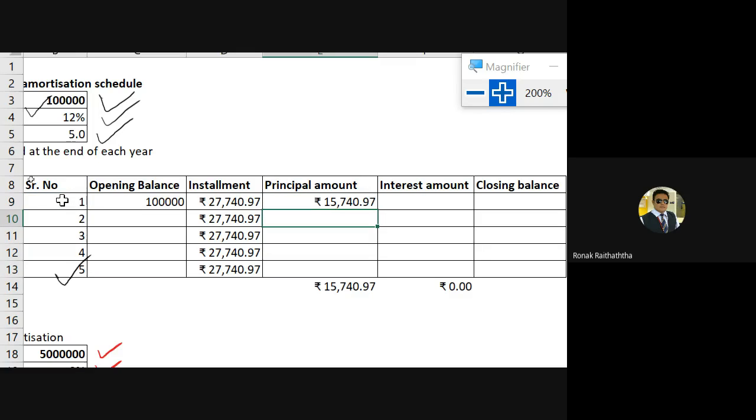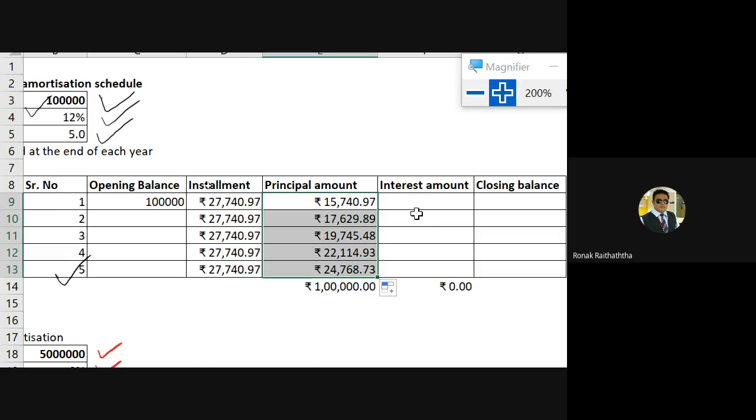And if I press enter, I have the principal amount for the first installment. I would just go to the right hand side bottom corner, and once this cross is visible, I would double click, and I have the principal amount for all the number of years. Magic. If we had gone to calculate manually one by one, evening would have come and we would have fallen asleep, but we don't have to sleep,